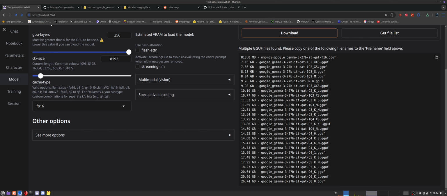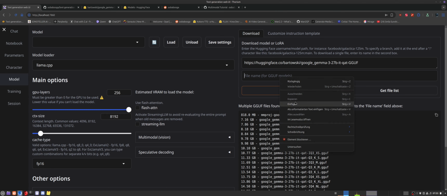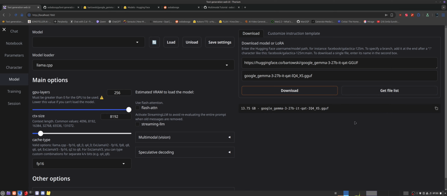It takes a bit longer, but we have a fast card, so I take this one and copy it in here. It again gets the list. If everything is right, you just get this and hit download, and then it will download. So if this is ready,